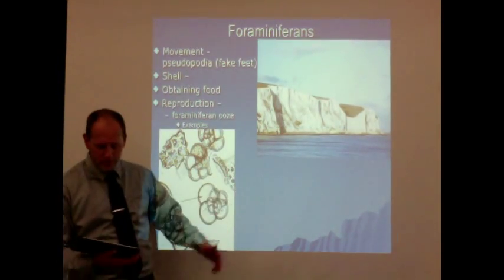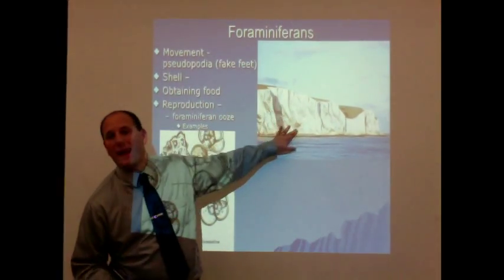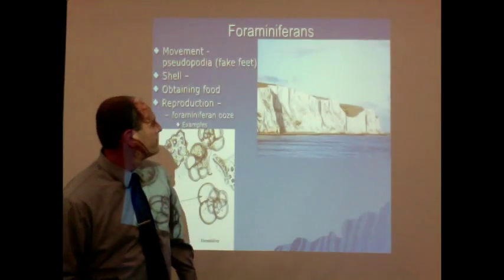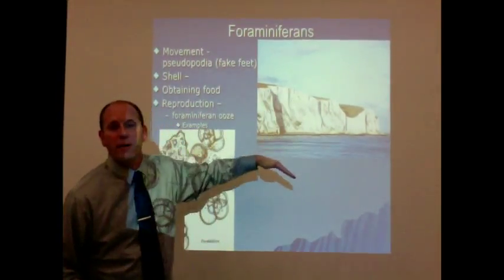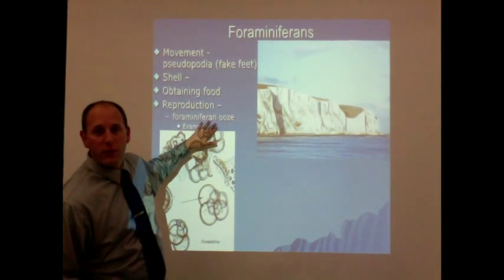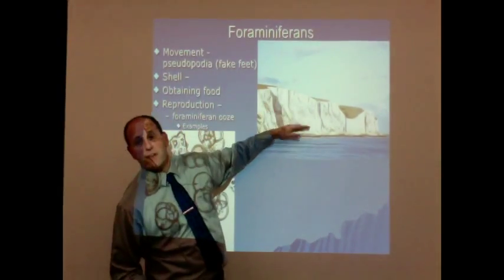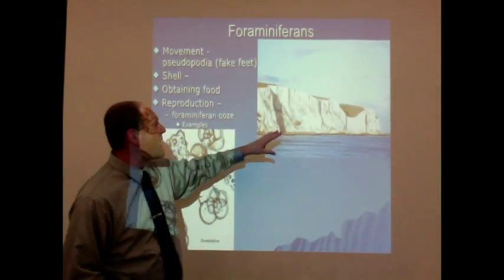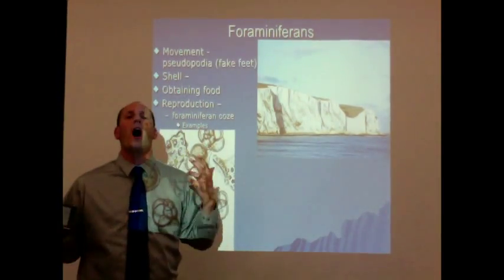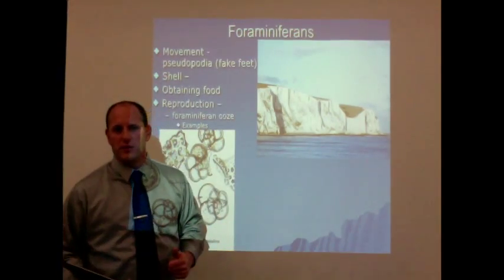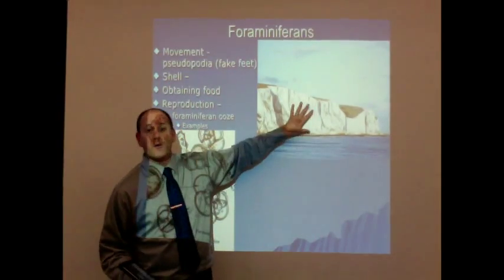A couple examples of places that you might be familiar with. Picture here of the White Cliffs of Dover over in England. These white cliffs are entirely made up of the shells of foraminiferans. So we're talking about microscopic single-celled organisms. These cliffs are hundreds of feet high. It's a tremendous amount of organisms living in this area that died and just piled up over hundreds of millions of years. And these particular organisms, now that the sea level has dropped, it's dried, and we have these white